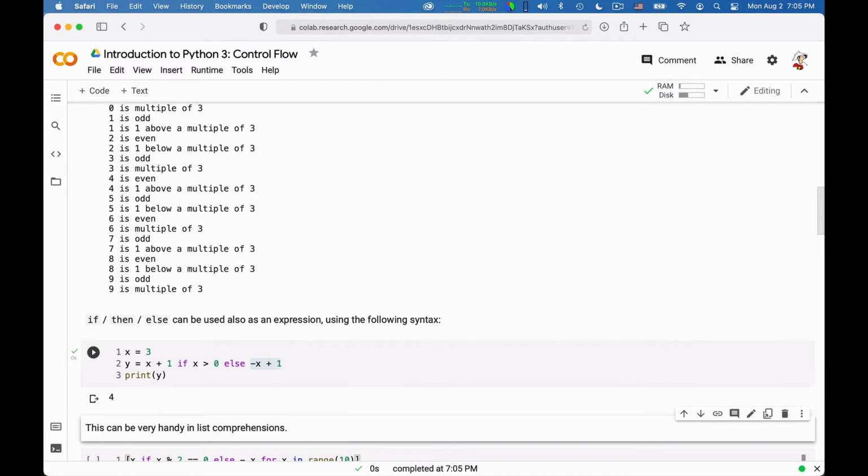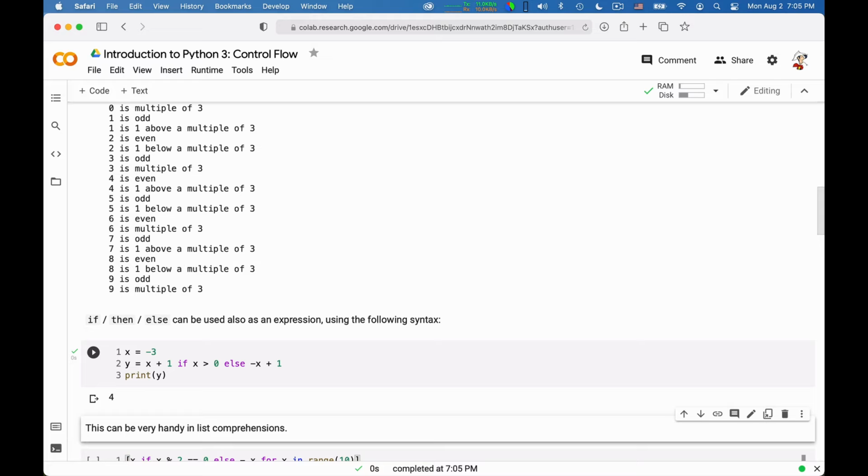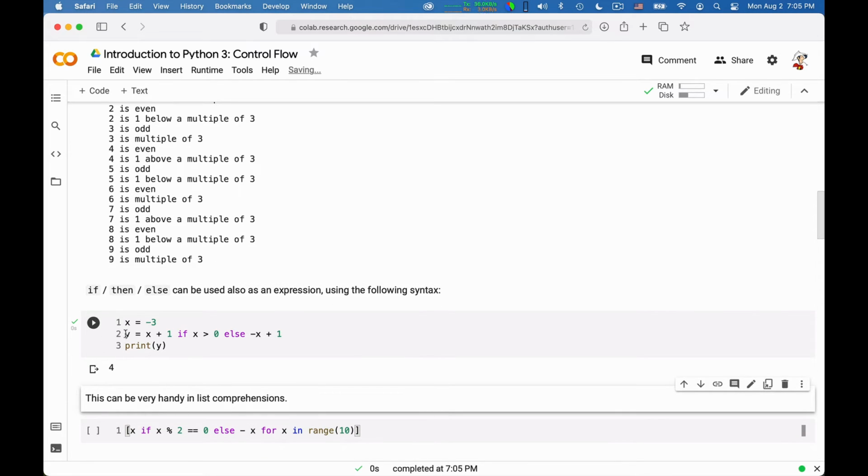So if you run these, you get 4, and if you converted this to a minus 3, you would also get 4. Okay, so this is quite handy to be able to do this if then else in line to return as part of an expression.